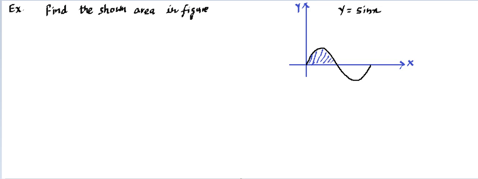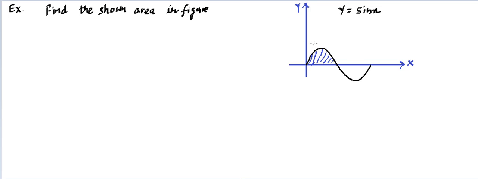So what the area of this loop is going to be, we need to find that area of sine loop. If we are interested in finding this area, then using geometry it will be very difficult for us to find this area because we don't have any direct formula to find this area. But what we can use is the concept that we have learned.